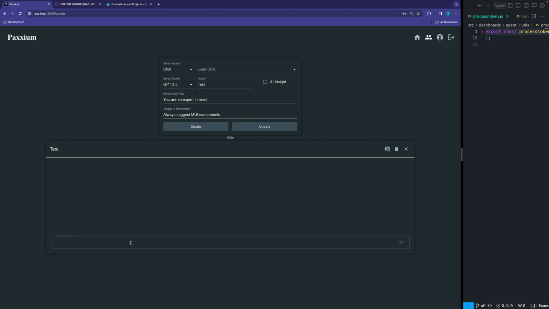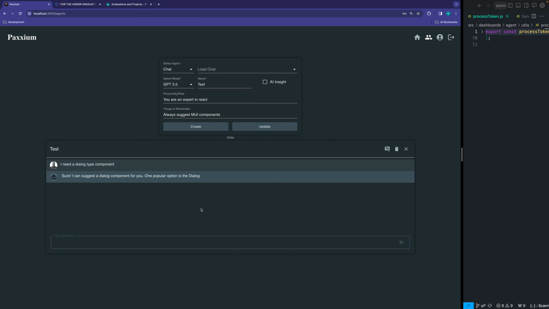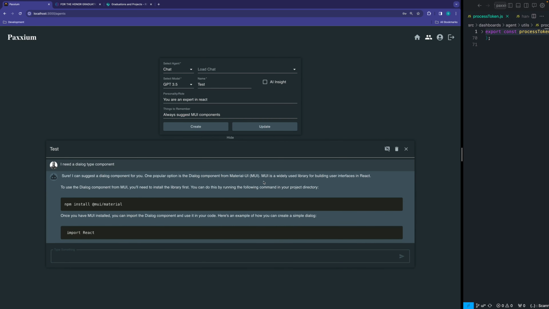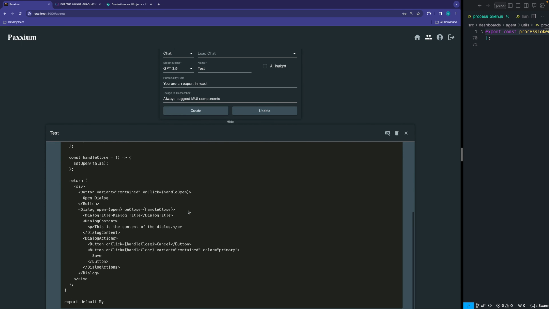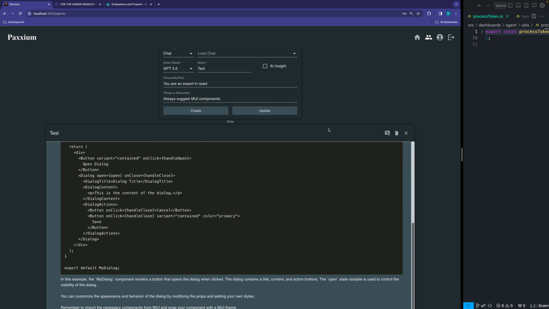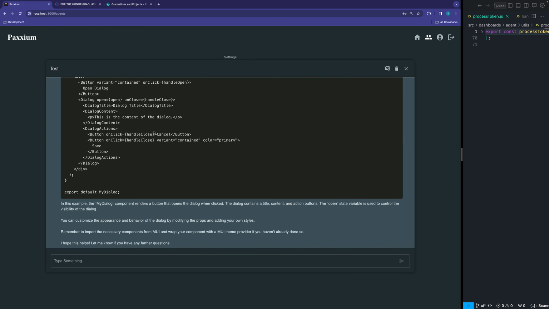Right, and so now let's see what kind of component. I need a dialog type component. Yeah, so we'll go ahead and give you the MUI library. All right, and I love that I have some code now to show the next example and highlight the challenges